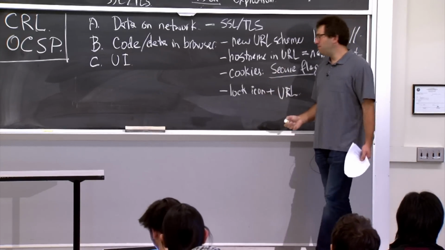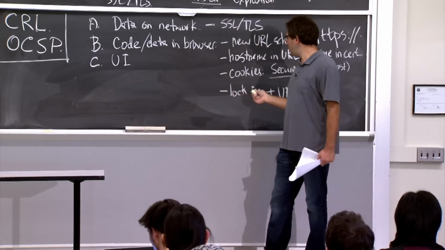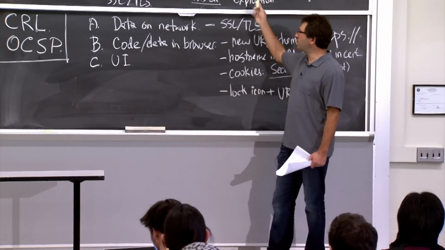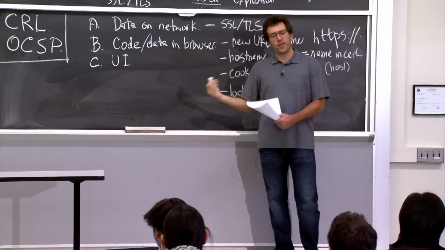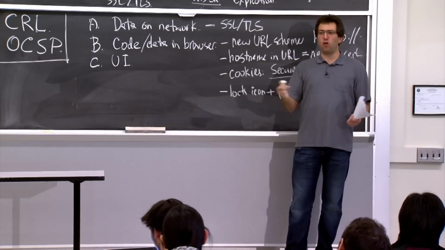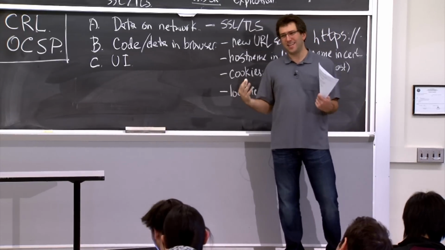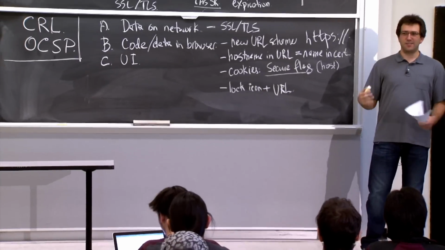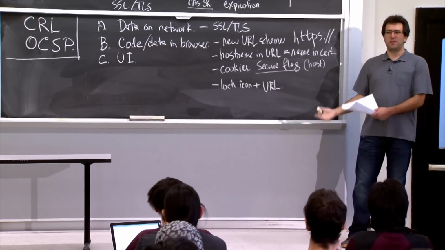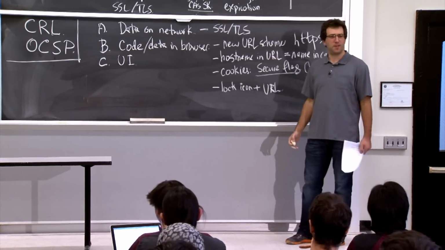Other times, maybe your certificate isn't quite good enough. For example, Chrome will not give you a lock icon if it thinks your certificate uses weak cryptography. But it also varies with browsers. So maybe Chrome will not give you a lock icon, but Firefox will. Again, there's no clear spec on what this lock icon means. People just sweep stuff under this lock icon. Yeah. Other questions?